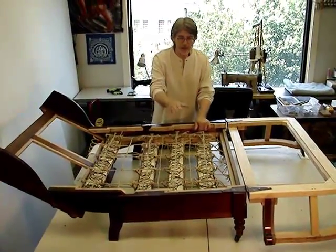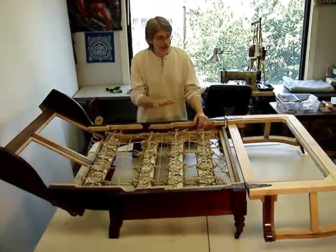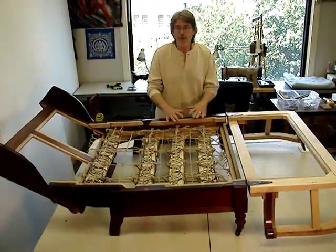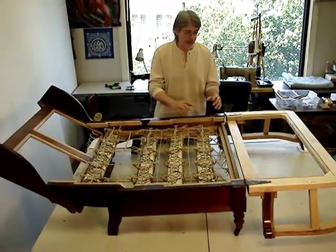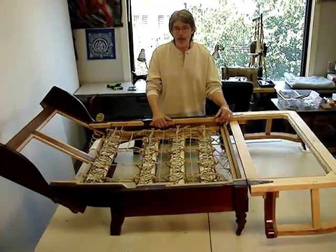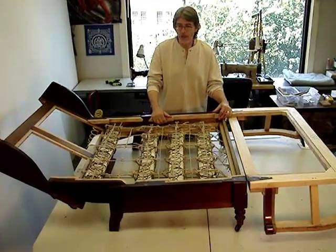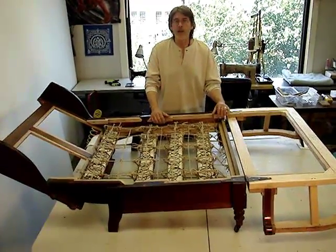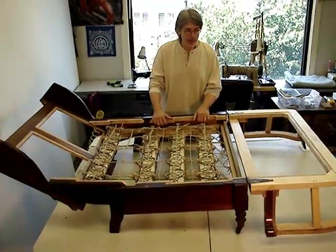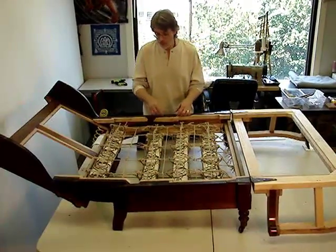thinking down the line to the upholstery phase is how to add to the interior infrastructure that will help for longevity, that will not undermine the side walls of the frame, and will also lead to a better aesthetic presentation. The original mattress ticking was tacked into the side walls, and it failed because simply the